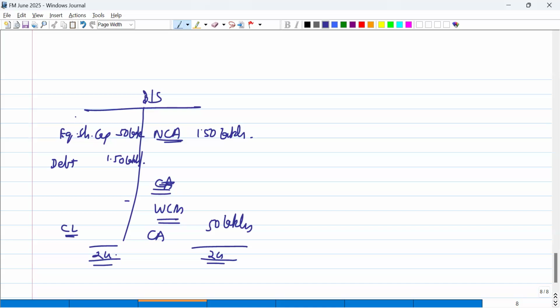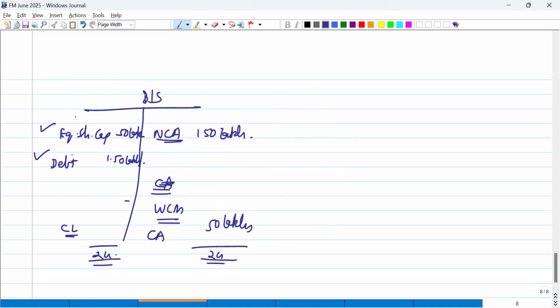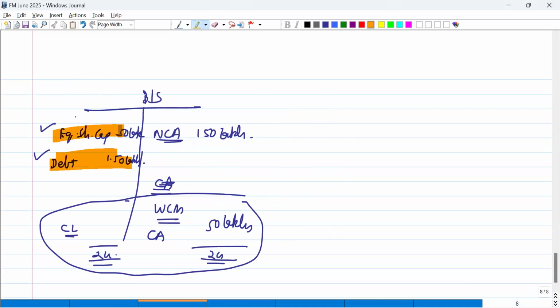So we have covered 3 topics, correct? One is investment appraisal: out of the 4 places, where to go. Second is working capital management: how much to invest into working capital. And third is your cost of capital. Now what happens? You have 2 crores invested in your business, correct? You have 0.5 crore and 1.5 crore invested in your business. Now you ask S&P, Shreya and Priti, that boss, how much return do you need from this investment that you have made?